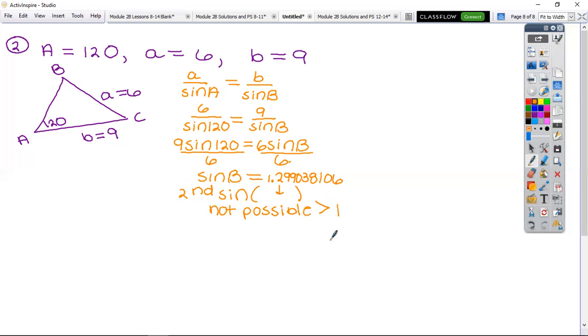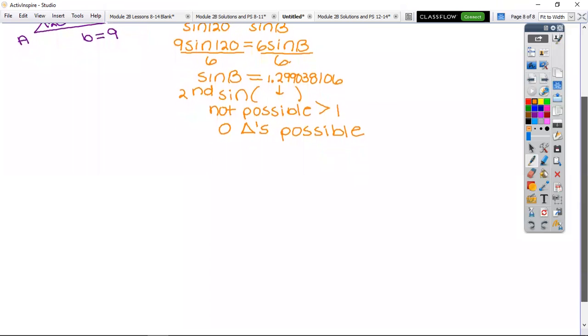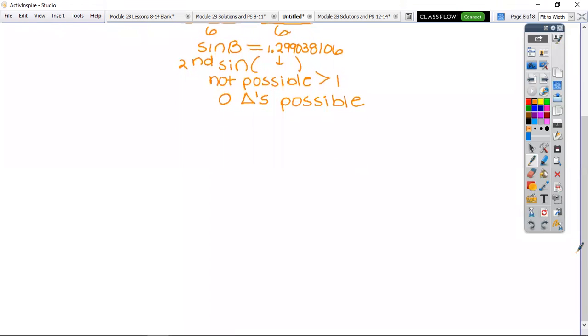So how many triangles are possible? None. So 0 triangles possible. Okay? Don't think you're wrong if you get that answer tomorrow. That comes up a lot. Okay? Done. Moving on to the next. That we have questions too, because again, I want you to do a nice job on these, and all your trick content does build. All right, so next, number 3, and we're going to practice the calculator